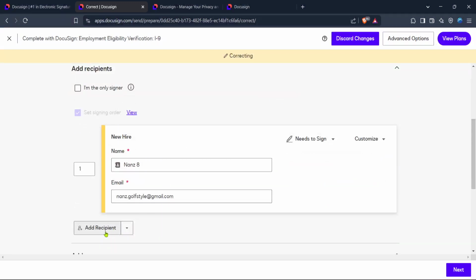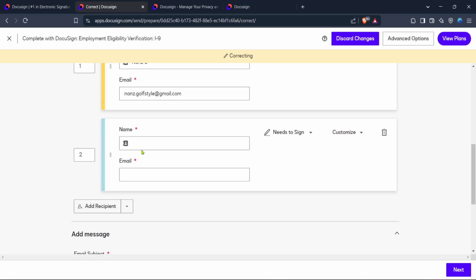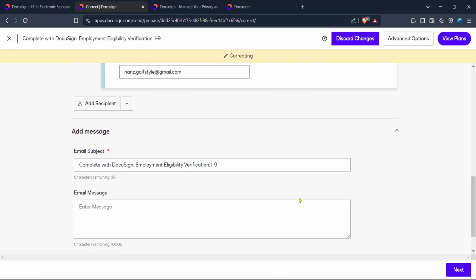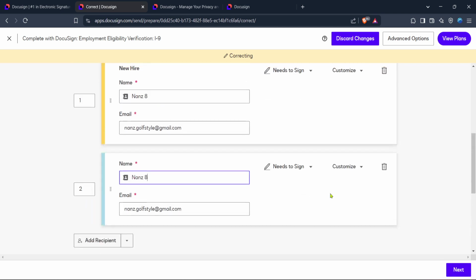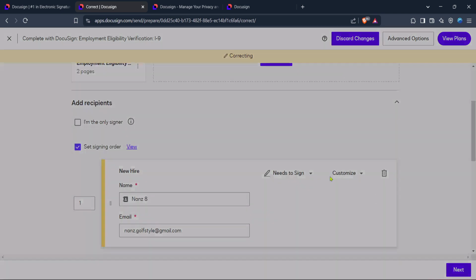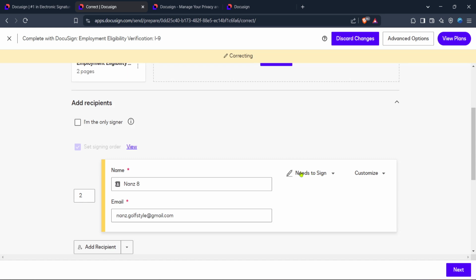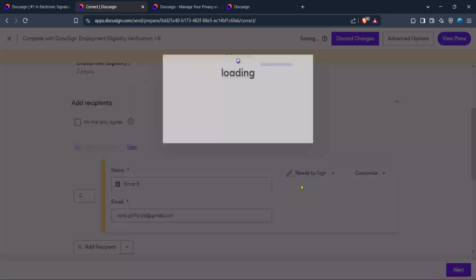These straightforward steps outline how you can quickly and efficiently resend a DocuSign envelope to just one person, easing your document management process. Thanks to these tools, you can keep your business operations running smoothly and error-free. Follow these instructions anytime you find yourself needing to correct or resend documents via DocuSign.